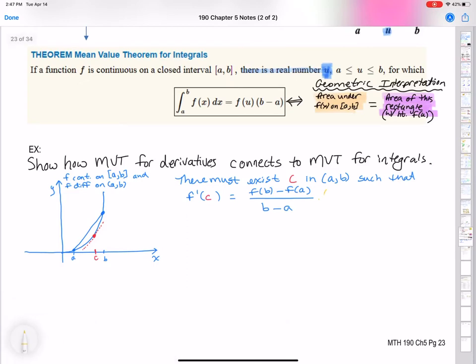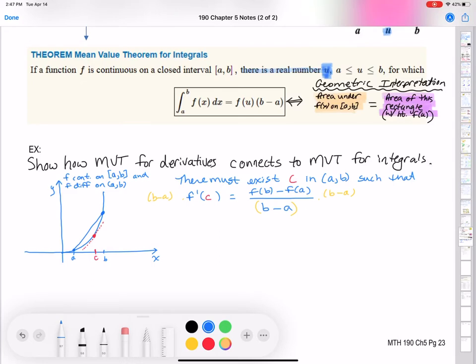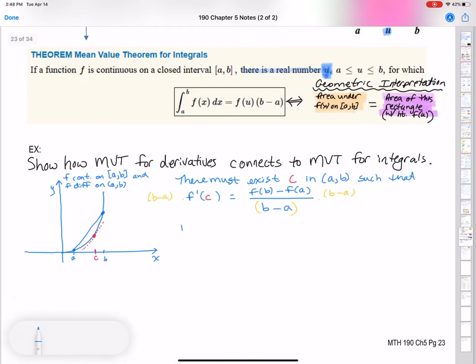So suppose I just made that very basic observation: I see a b minus a in the mean value theorem for integrals, but it's not in a denominator. So I'm just going to multiply both sides and get it out of the denominator. So what do I really have here? I now have f prime of c times b minus a